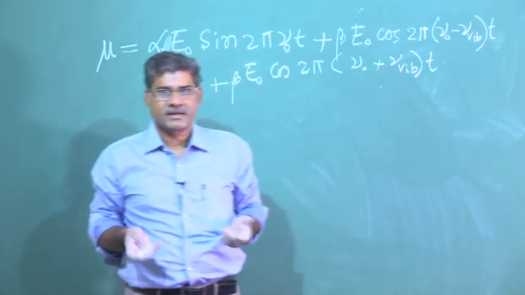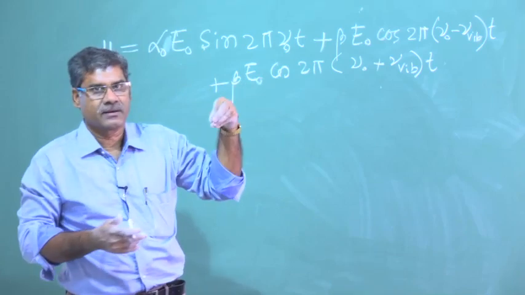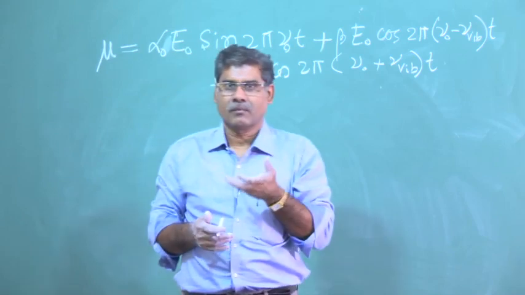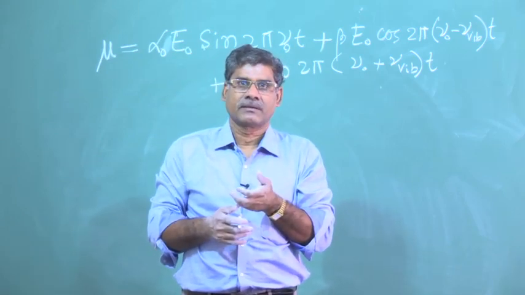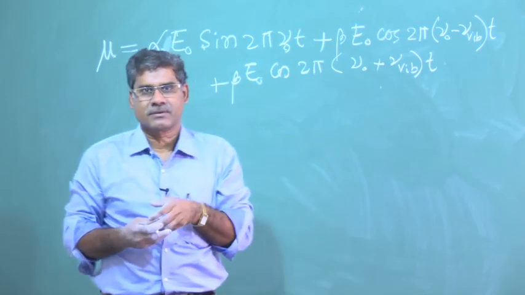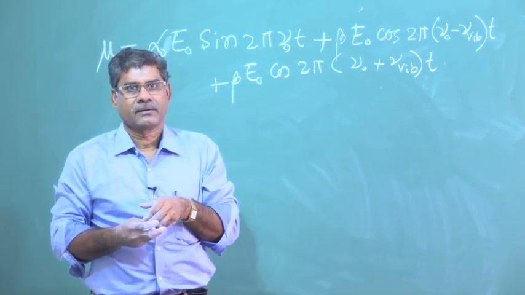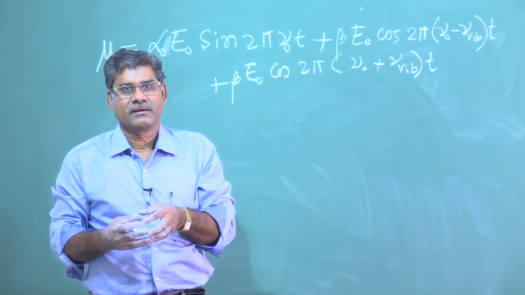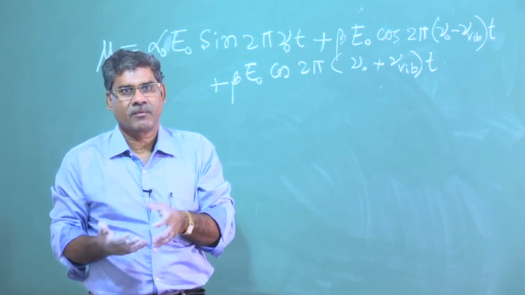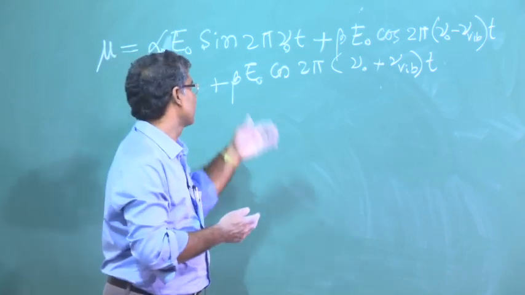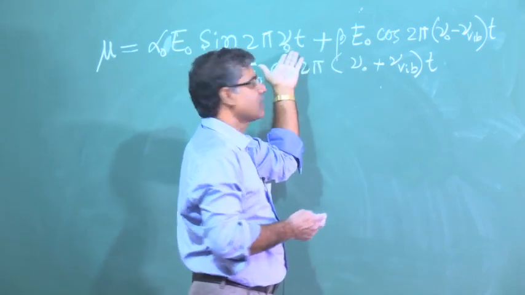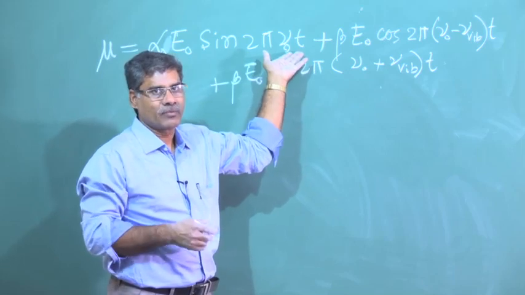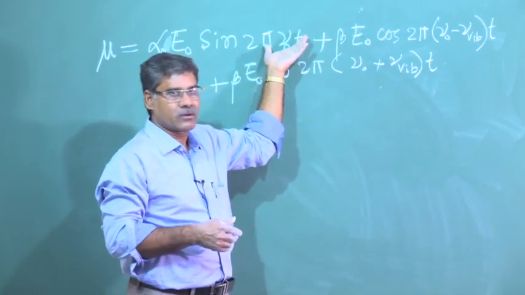So, it will emit radiation of 3 frequencies. The incident radiation of nu 0 falls on the molecules, and it is scattered by these molecules. This scattered radiation we are getting of 3 wavelengths, 3 frequencies. One is the original frequency, which we generally call the Rayleigh scattering, an elastic scattering of course, and